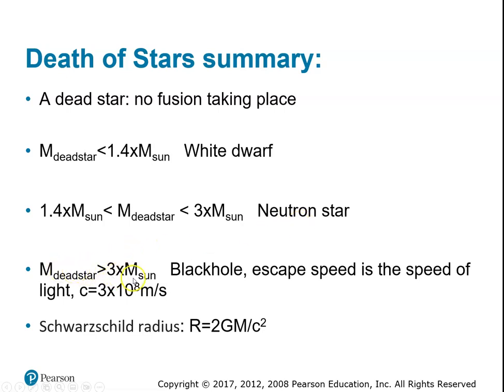If more than 3 times the mass of the sun remains with this dead star, then that becomes a black hole. The escape speed becomes the speed of light, which is 3 times 10 to the 8th m/s. And this equation right here tells us what